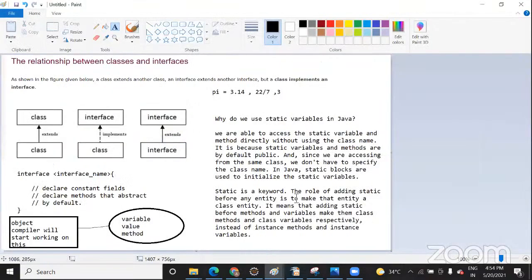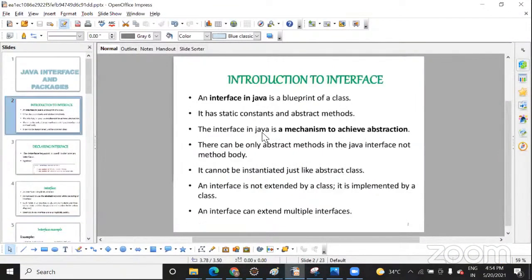This slide has the same thing I explained, with an example of what an interface is in Java, as I have written. An interface is similar to a class, there is no difference in that. The only difference is that you declare a method as an abstract method. What does it mean? You do not provide a body to it, you only declare it. The body is provided in the child class.